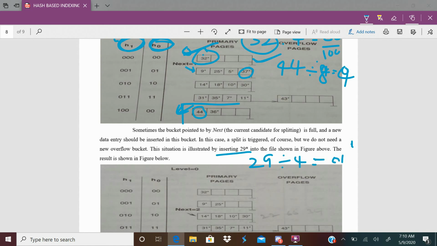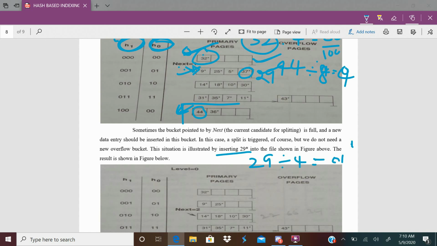So it is to be inserted in the first bucket, but the first bucket is already full. Now which bucket is to be split? The next bucket is to be split, because next is also pointing to 1, and record 29 is to be inserted into the first block.